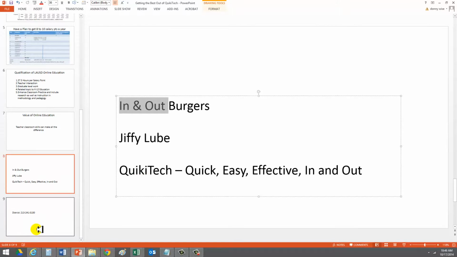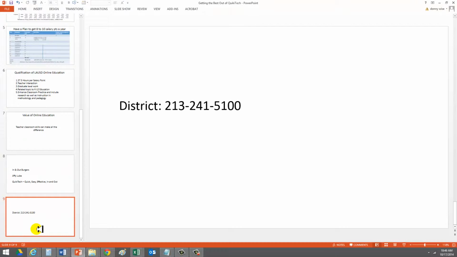One thing I do want to mention is that one thing we can't do quickly is force the district to apply your salary points quicker. They need 12 weeks to actually process your salary points. Now, why is that? It's because you can only take a particular class one time in 5 years. So if you take our iPad class this year, and then you take it again next year, as opposed to in 5 years,